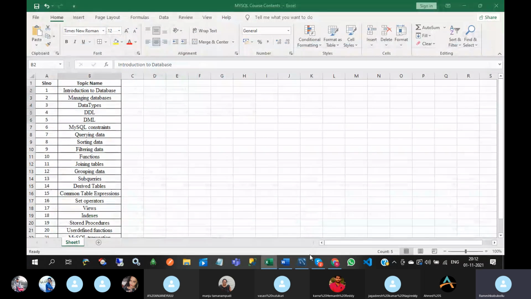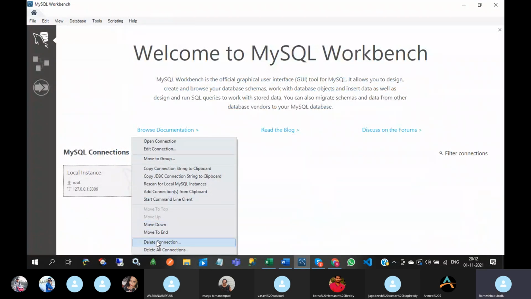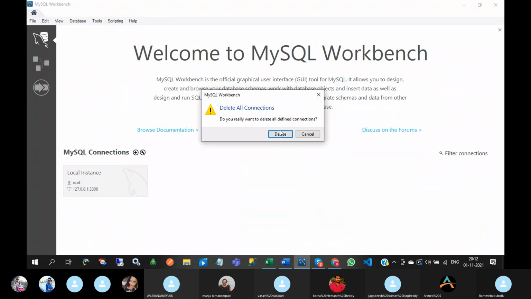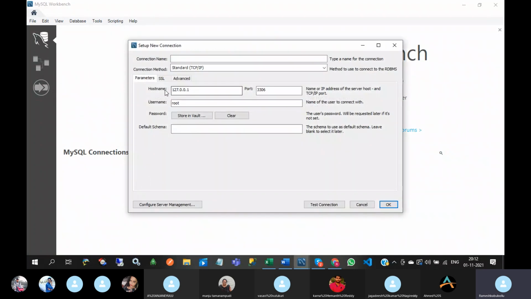So again, I am telling how to connect to MySQL on localhost. So I'm going to drop this connection. Click on this plus symbol. So we will have the host name. For localhost, this is the host name. Suppose if you want to connect to a server, then you need to enter the server IP address.